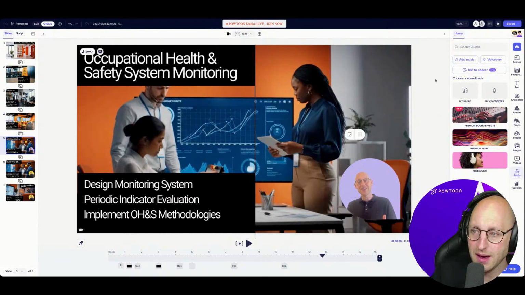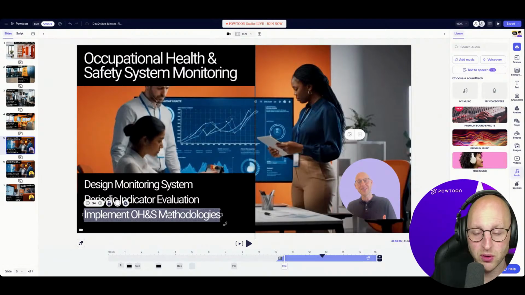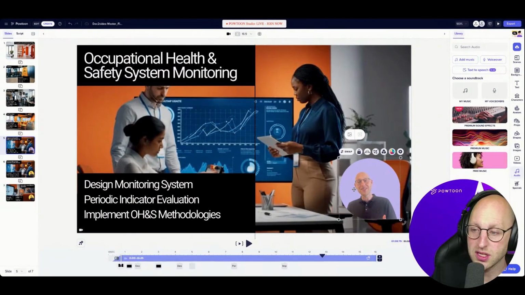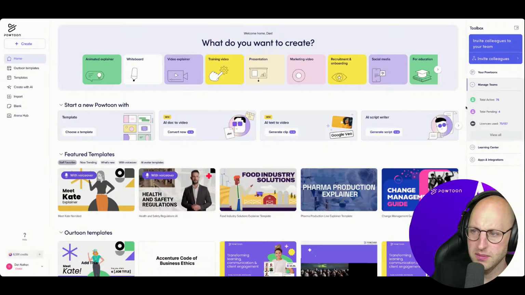So you're able to translate a Powtoon, any Powtoon, that has text on the screen, that has text to speech voice, or has an avatar, custom or one of our stock avatars. You're now able to change that at the click of a button to one of any of 90 languages. If I just quickly show you how you would do that, you would basically go to your Powtoons, and you would click on